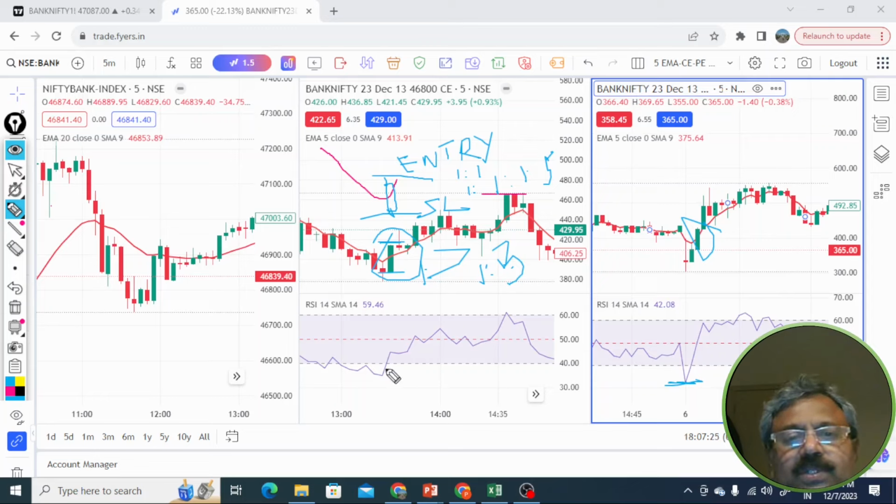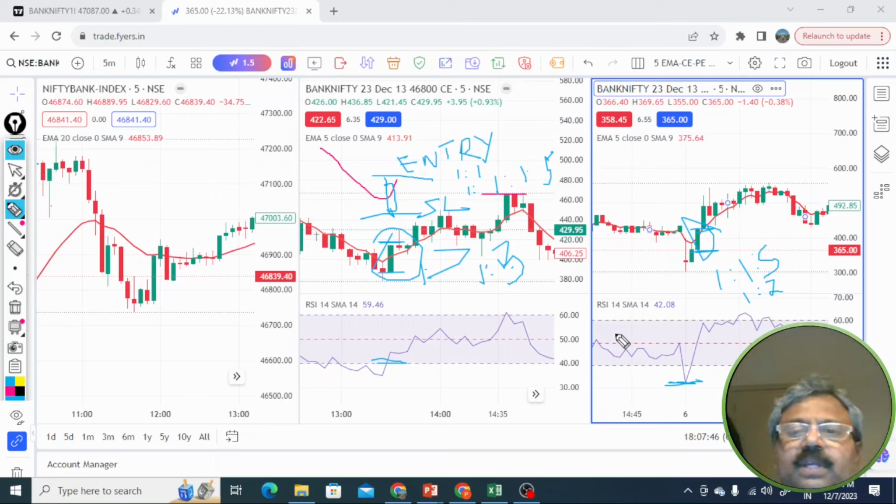Same way here also, it is rising above the lower limit. You can take a trade on the high of this candle, keep your stop loss below this candle, and expect at least minimum 1 is to 1 or 1 is to 1.5 or 1 is to 2, and start